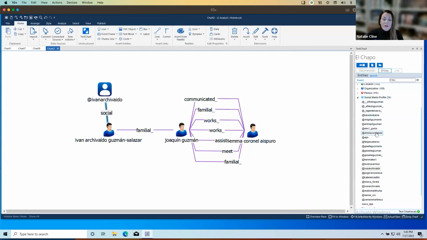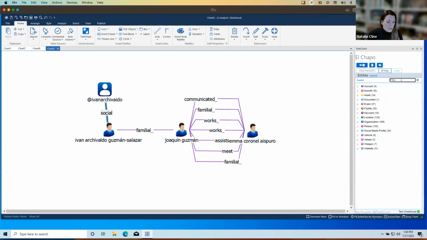Now, it's one thing to go through and browse that entire list, but there might be a lot of results here and it might be difficult to see all of them. We had previously noticed that he had called a gentleman named Inez Coronel 58 times in 2015. So I would like to know if any of my documents have any information about Inez. So what I've done is I've used this filter box on the right-hand side to type in Inez,